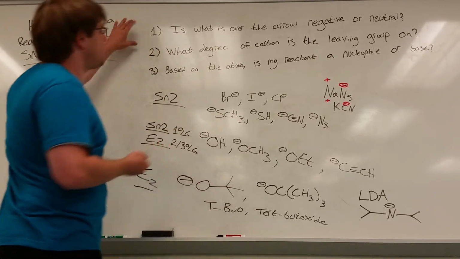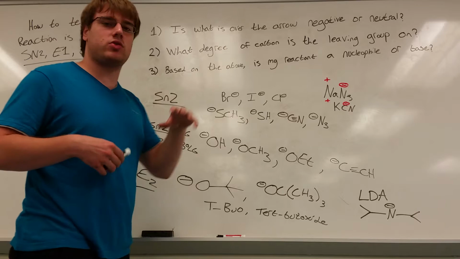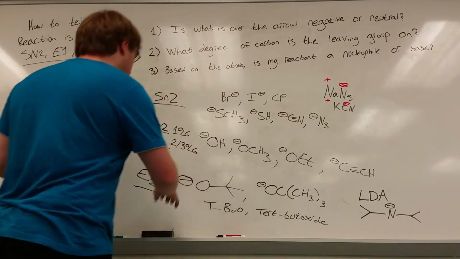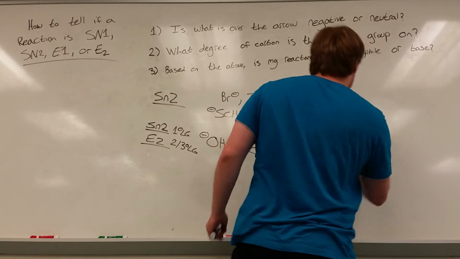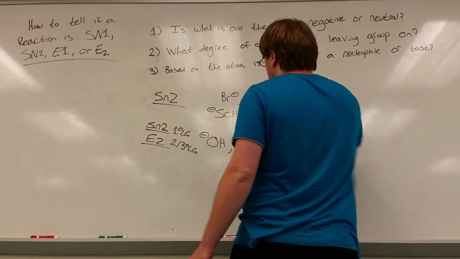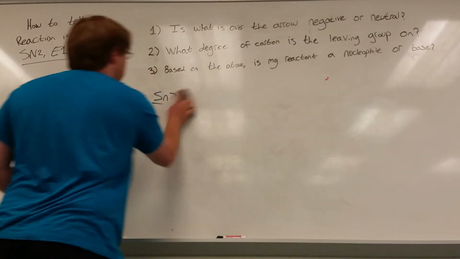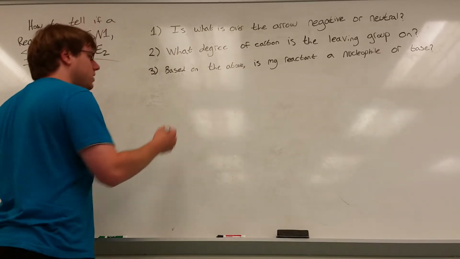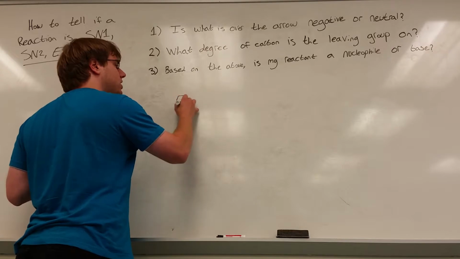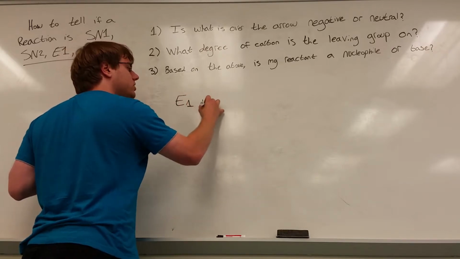Now, let's go back to question 1. What if our reactants were neutral? What if we were going to do an SN1 or E1 pathway? How do we tell those two apart? Well, admittedly, unlike the SN2 and E2 pathway, which have very clear winners for reactants, it's a lot harder to tell E1 from SN1. And so usually there will be a little extra context in the question to help you